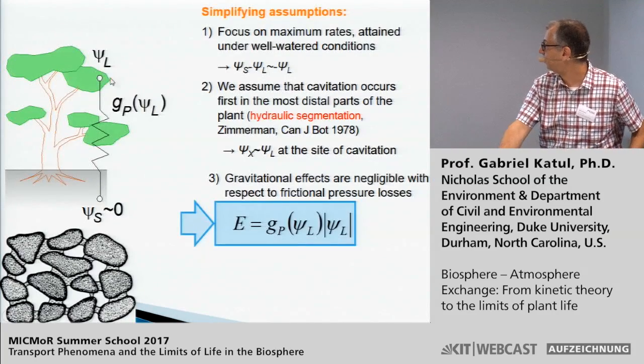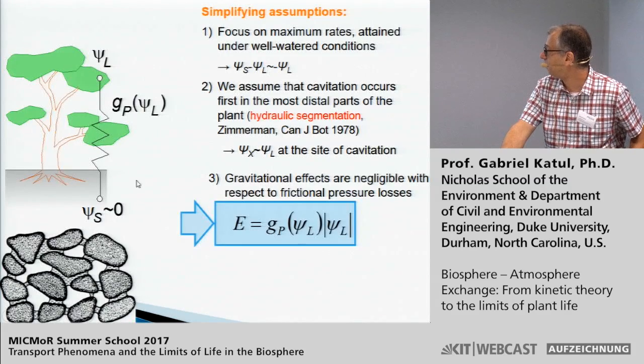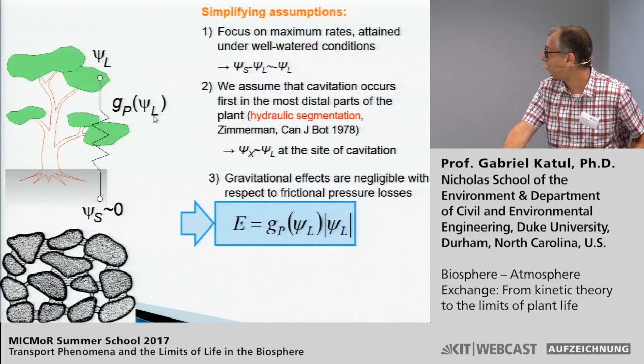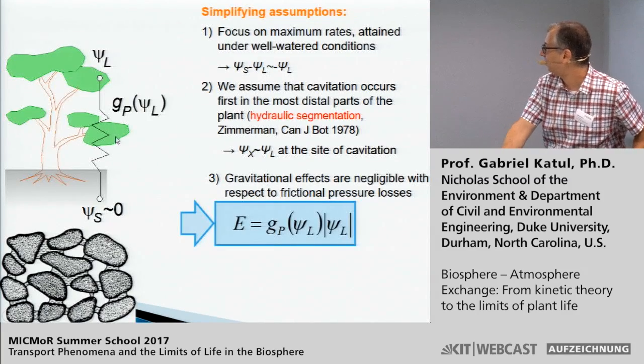And that's an assumption. So basically what we're going to do now is say, hey, let's look at this problem from a single resistor. We have pressure in the soil, we have pressure in the leaf, and we have the xylem hydraulic conductivity varying with the leaf pressure. Because primarily if the soil pressure is constant, you vary this one. That's the only thing that is going to change. So probably that's not a horrible assumption.